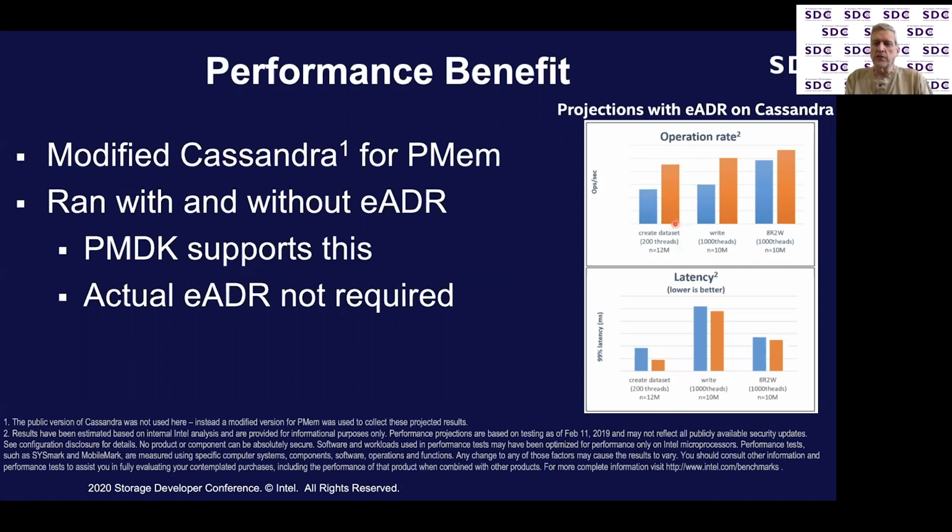The orange represents how many operations per second you're getting, and higher is better, and you can see it's quite a bit higher. So you really do get quite a benefit from being able to skip those cache flushes. If I'm doing a write-heavy workload, again, you would expect that there are a lot of flushes in a write workload, and of course there are. So by skipping those and letting them evict from the cache on their own, you again get quite a benefit